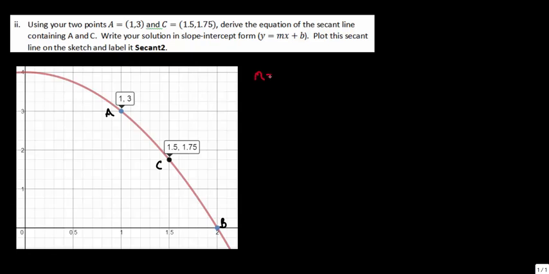So our slope, our m value, is equal to the difference in the y values. So I went 3 minus 1.75. So now I have to go 1 minus 1.5. So on the bottom, I'll get a negative 0.5, and on the top, I'm going to get a 1.25. And so if we take 1.25 and we divide it by negative 0.5, I'm going to get negative 2.50. So my slope is negative 2.5,